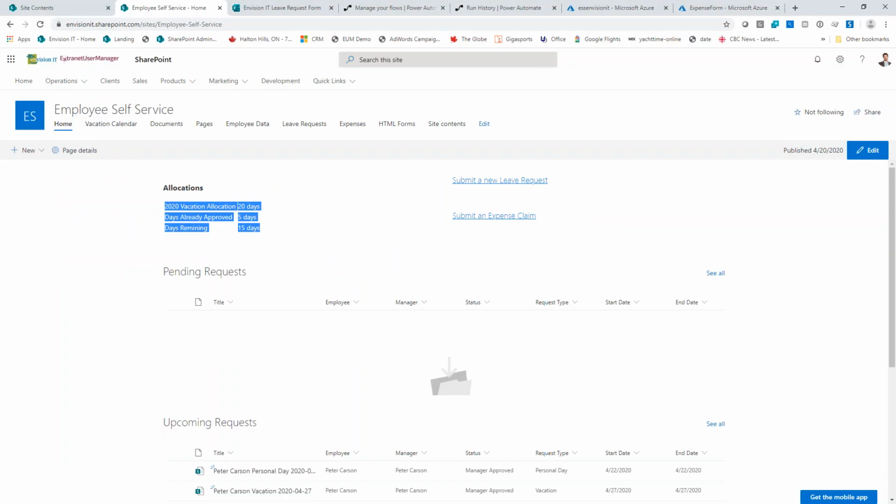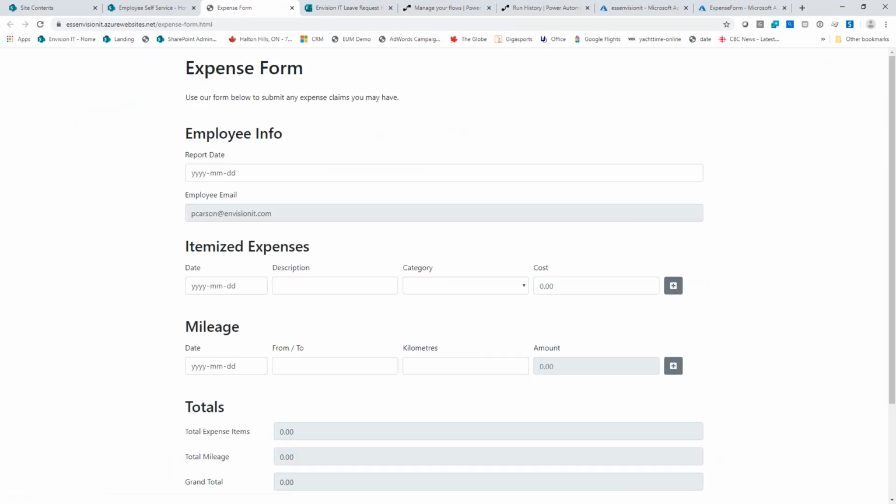Okay, so let's have a look at the form itself. So if I come in here and I say, hey, I want to submit an expense form, we've actually left SharePoint and we've gone over to what's called an Azure App Service. I'm going to talk more about this in a minute. So the HTML form is hosted there. It's got a little bit of JavaScript and jQuery behind it. It does know who I am. So I'm already logged in through Office 365, so the form auto-logged me in, and it's pulled in my employee